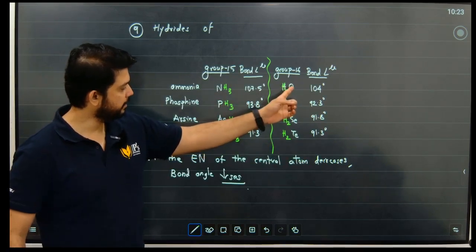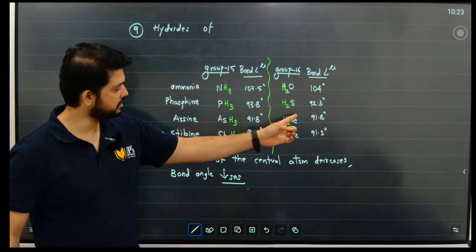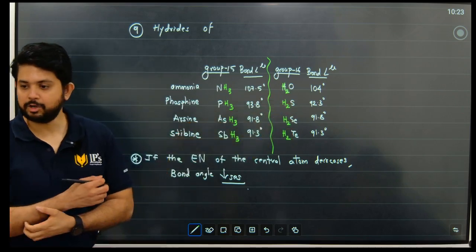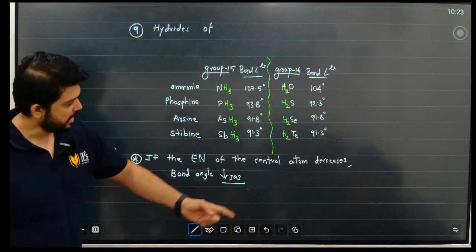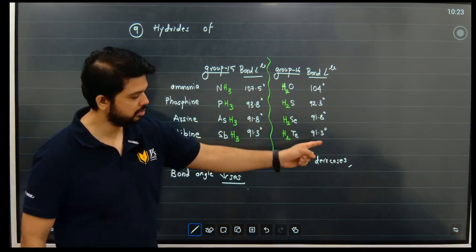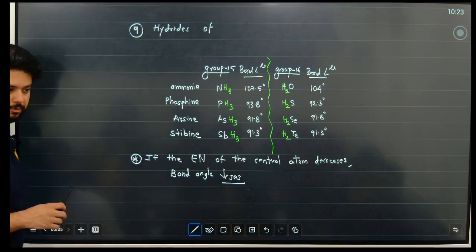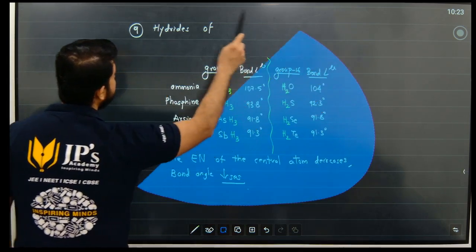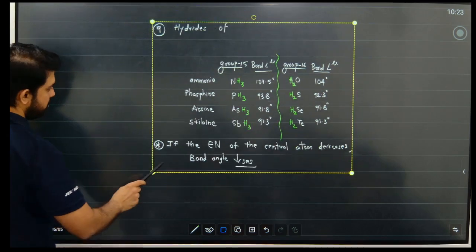The central atom here is oxygen, sulfur, selenium and tellurium. As I know, as I go down the group, the electronegativity decreases. As the electronegativity is decreasing, bond angle is also decreasing. Everyone got that? Yes or no, people? Chalo. Now similarly,